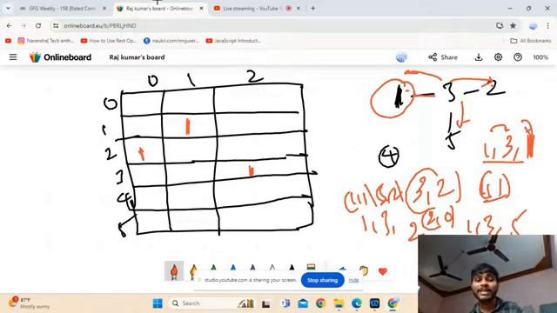Here. 3 comma 1 is not visited, so we can go here. Now 3 comma 1 is good. Again it is decreasing, so we can't take this side. This is also visited, and we can't go to its parent. Now we have only this part.